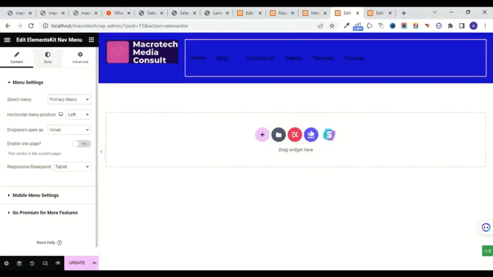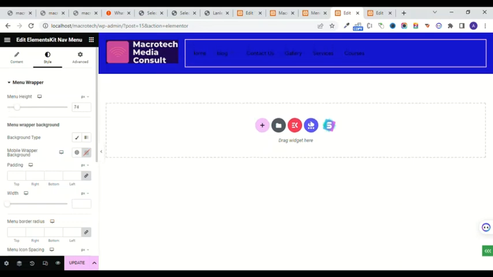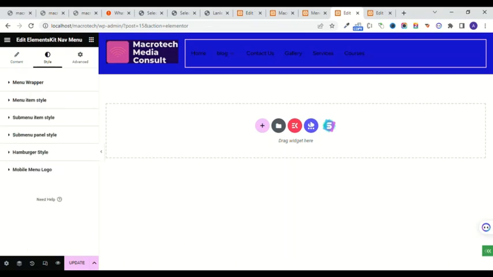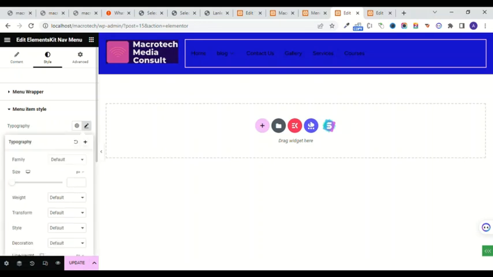You go to styling. I can adjust the height. Menu item style. I want the color, the typography. Let me make it bigger. Family. I like Poppins. I'm going to use Poppins. Now the size, I can increase this size. It's too big. Just adjust it in such a way that